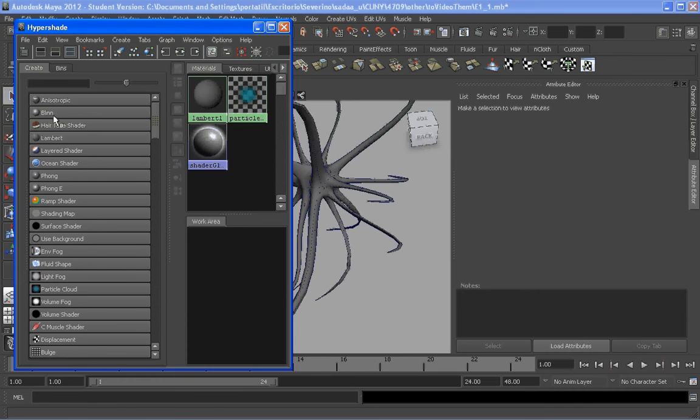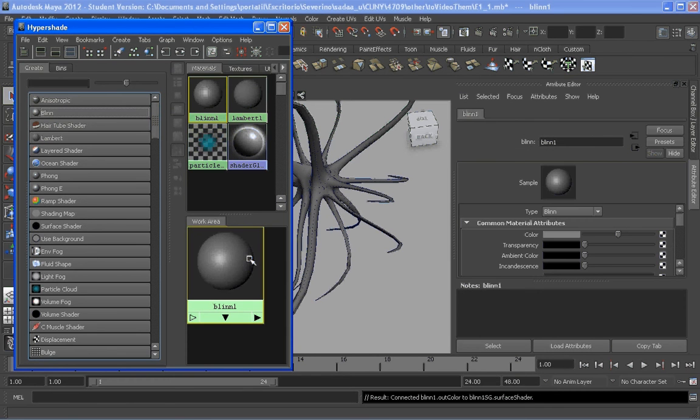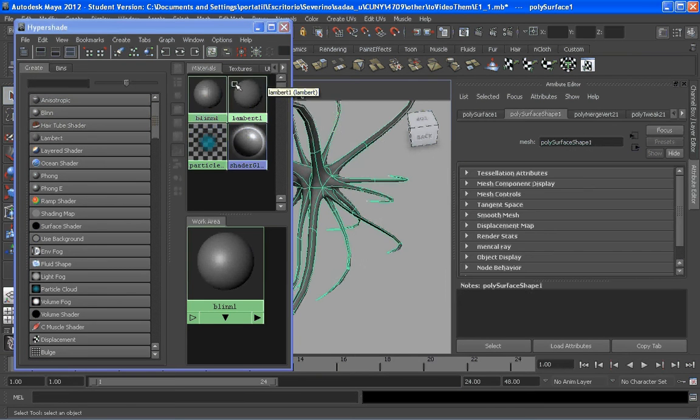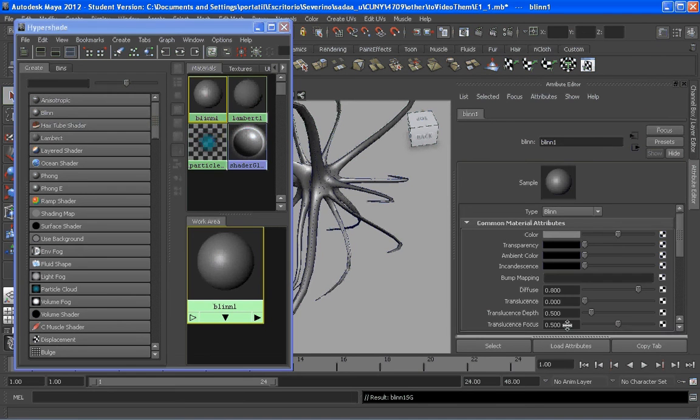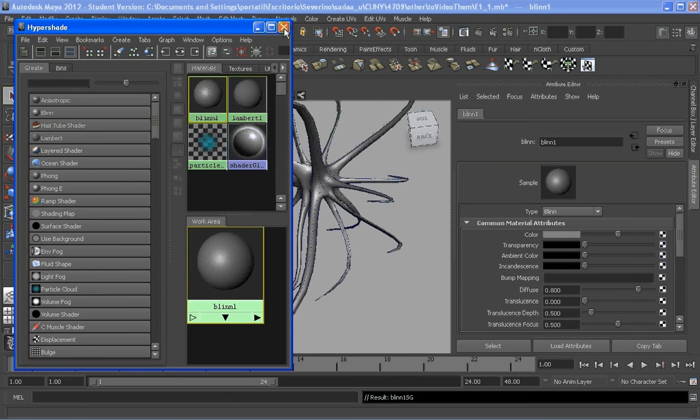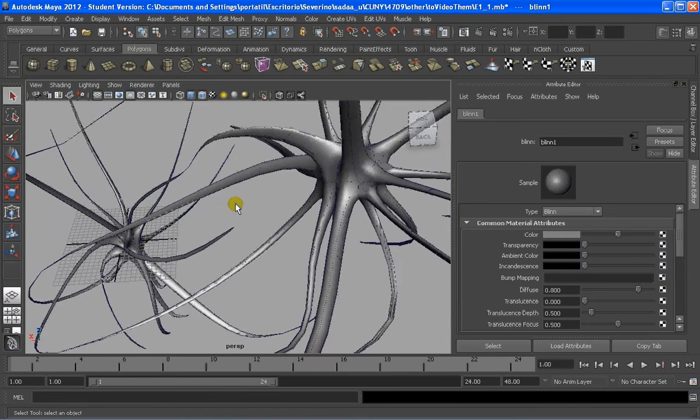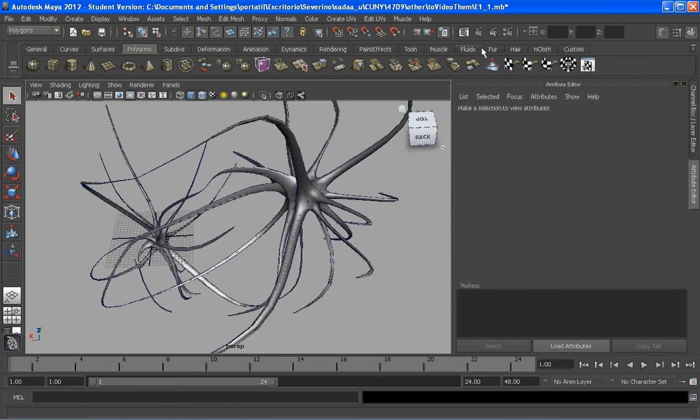We're going to press the Blinn, which is one of the classic materials on Maya, and we're going to click the object. And I'm going to right click and say assign material to object. And if we press this, we'll see afterwards that it has many options to change as well. But let's go to the main step of this tutorial, which is going to be the dome that generates light